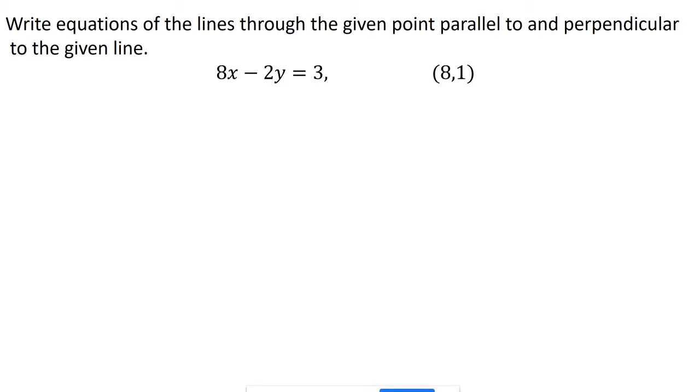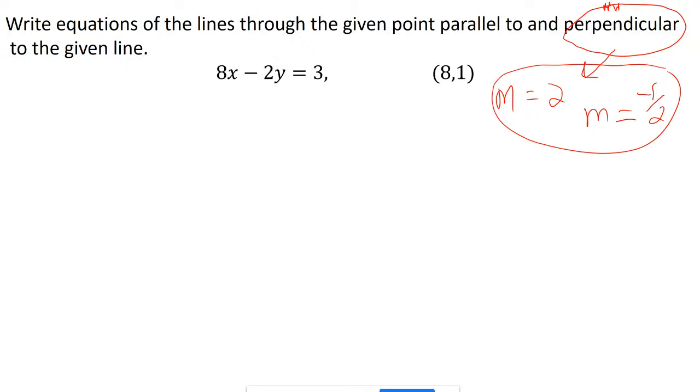But on this next slide, you're going to see that they're asking for perpendicular lines. So for perpendicular, remember if your slope is, let's say 2, for example, then you want to take the negative reciprocal, which would be negative 1 over 2. So for perpendicular, we have to get that negative reciprocal. Okay, so this was just an example, but for the line that we're actually working with, we know that the